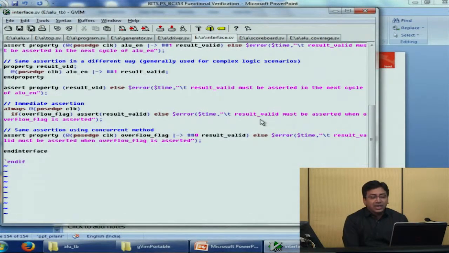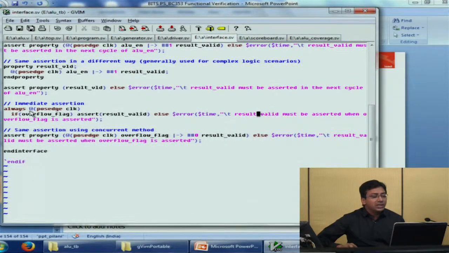That makes sense, right? Only when the DUT says that I have performed an operation, it can give an overflow flag. How can it give an overflow flag if the result has not been performed? Since result valid is an indication that the DUT has performed an operation and has presented the output on the result pins, it shall also indicate whether overflow has happened or not. So this assertion checks that condition. That is, when overflow flag is asserted, the result valid must also be high in the same cycle.